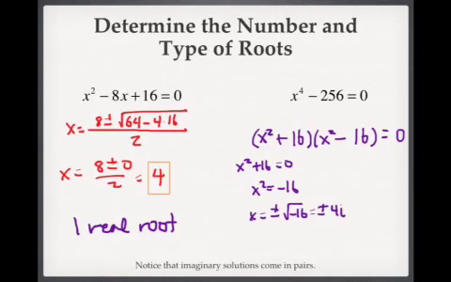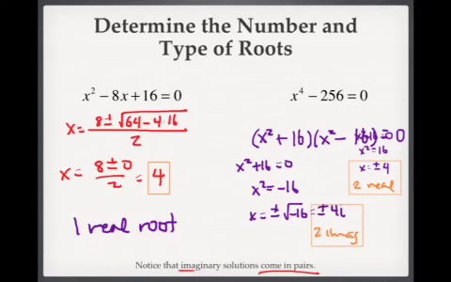And then I can do the same thing with the other one. x squared is minus 16. Oops, that's weird, I got really small writing. x squared equals 16, x is plus or minus 4, which means you're going to get 2 real and 2